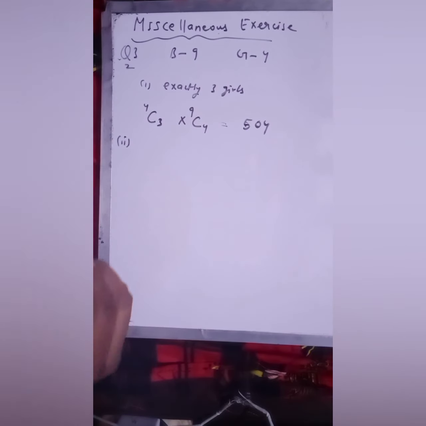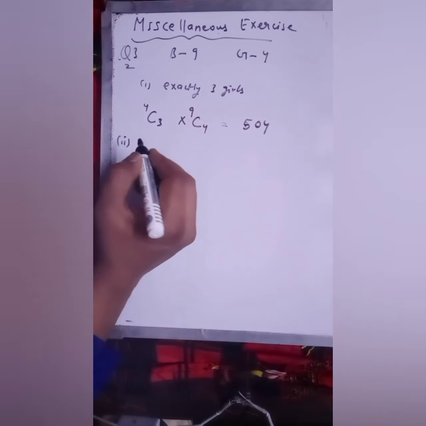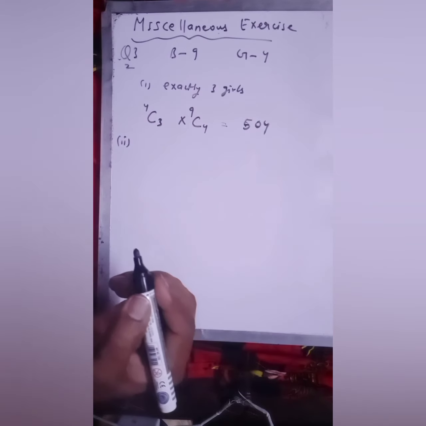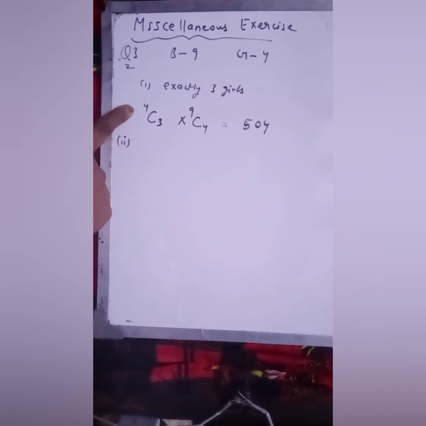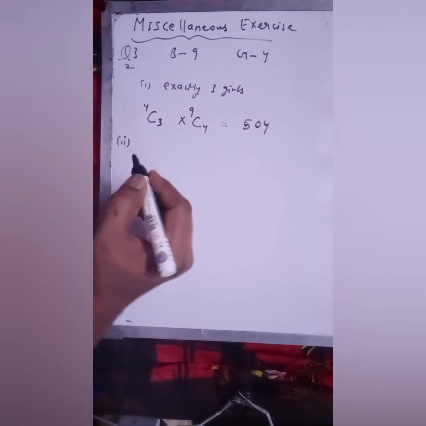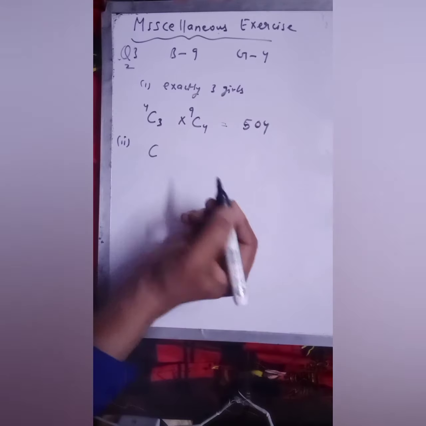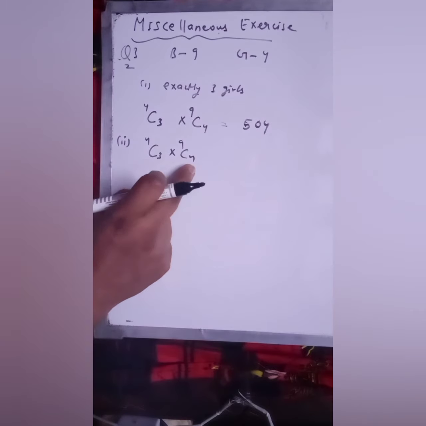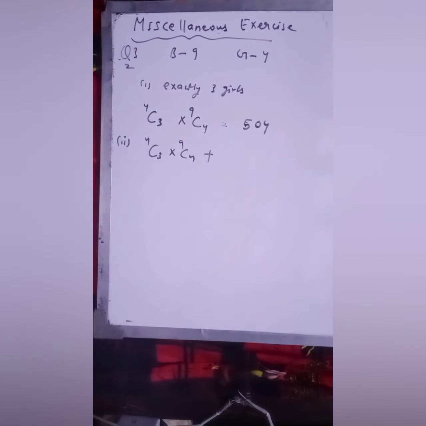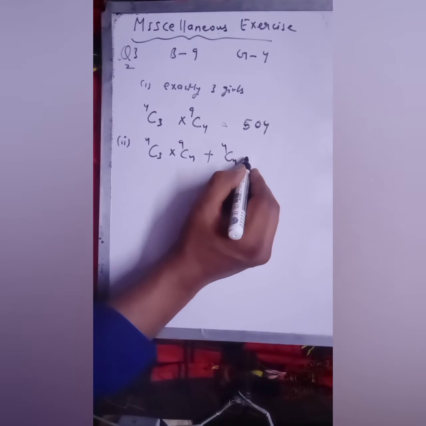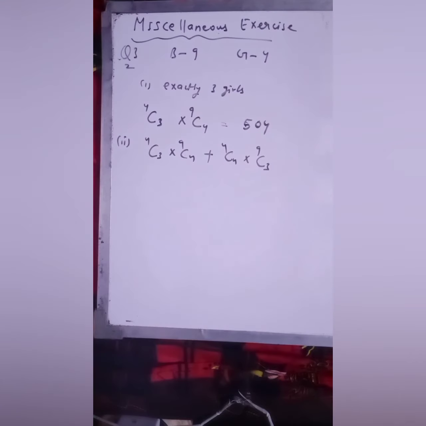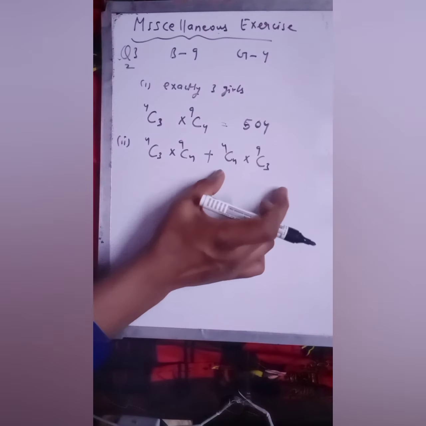Similarly in second part, it is at least 3 girls. So that means girls may be 3, may be 4, not more than 4, because there are total only 4 girls. So at least 3 he is talking about. So first of all we are considering 3 only. This combination, 3 girls 4 boys we are choosing, and plus here we are choosing 4 girls. If you choose 4 girls, then you have to choose 3 boys out of 9. So these two combinations you have to solve, children,